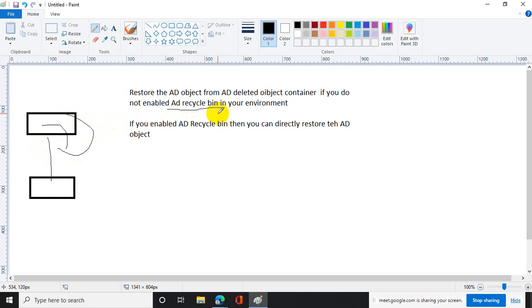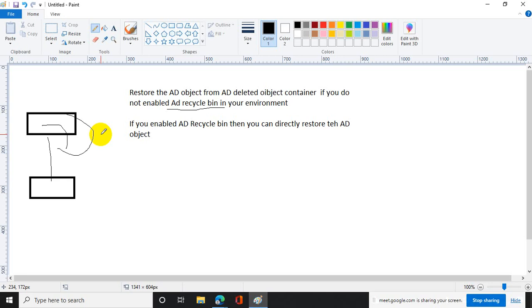After that I will enable AD recycle bin, delete the user again, and show you how you restore the user in AD. Got my point? Clear? This is a very small topic but very important.